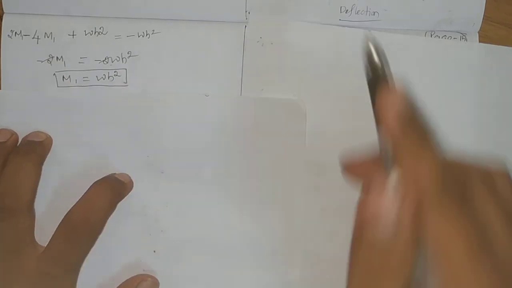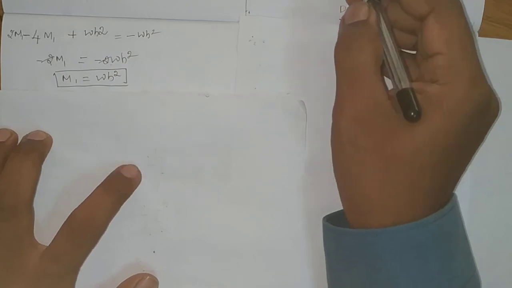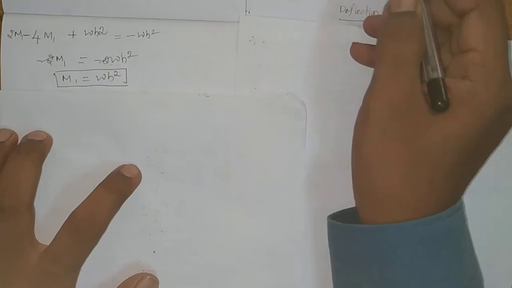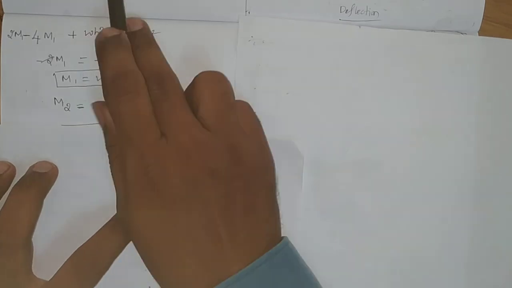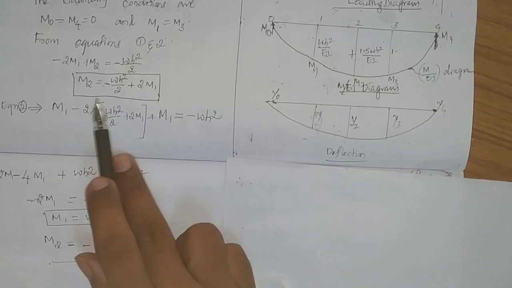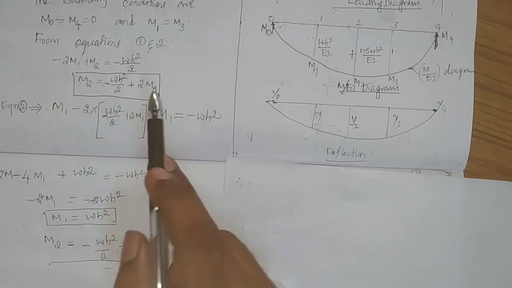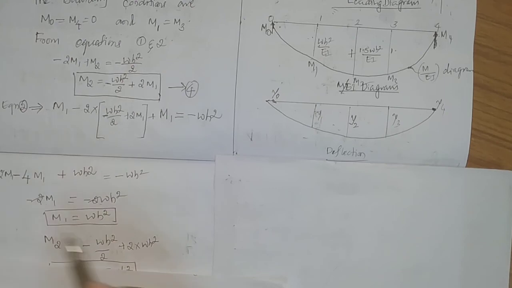We got the moment over here, wh square by EI, okay, m by EI value we know, that's all. Actually we don't have any idea, we have an idea over here what should be the bending moment value here. Let us see now: we substitute the value of m1 in this m2 equation. You can call this equation number 4 actually. So from equation number 4,